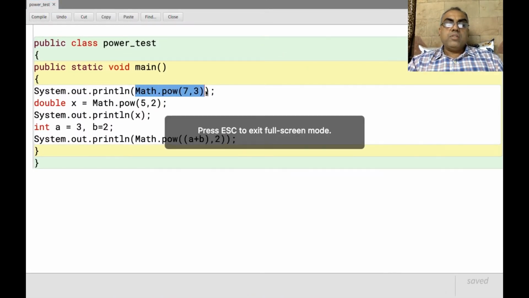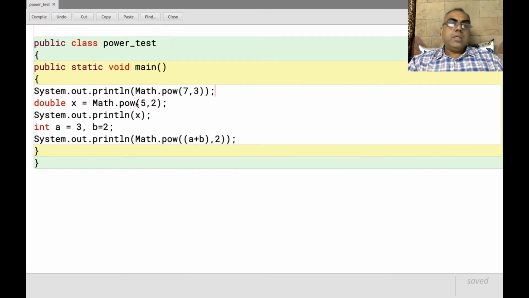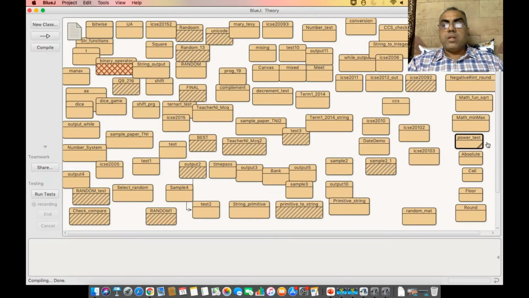So this is going to return 7 to the power 3, which is supposed to be 343.0. 5 raised to 2 is 25.0. Since the return value is of a decimal type, we have written double here. Print will print 25.0. And of course, the same function which I have shown you just now, a plus b to the power 2. Let's make this, let's say, 4. So 3 and 4, 7 to the power 2 is going to give me 49.0. So if I run this program,